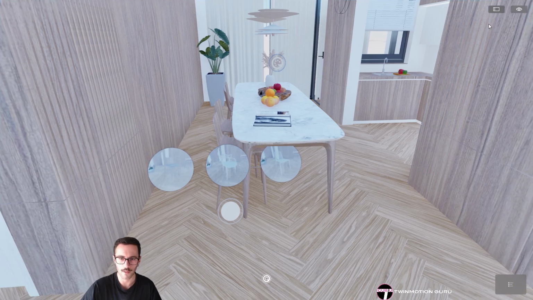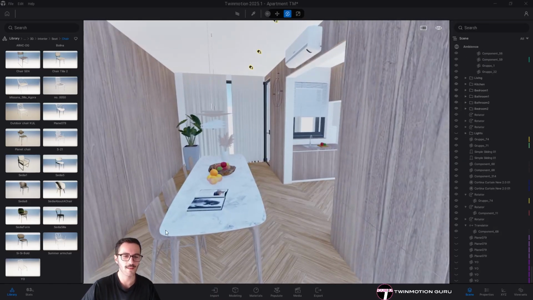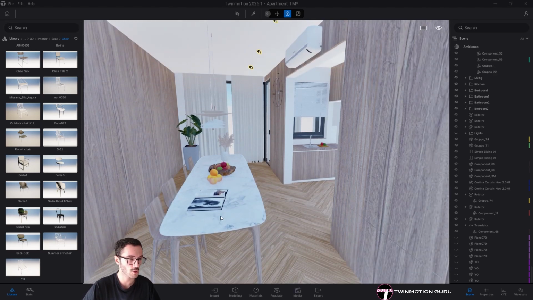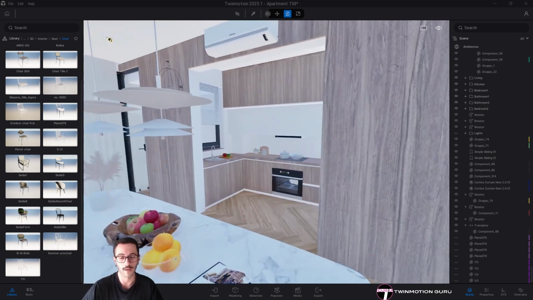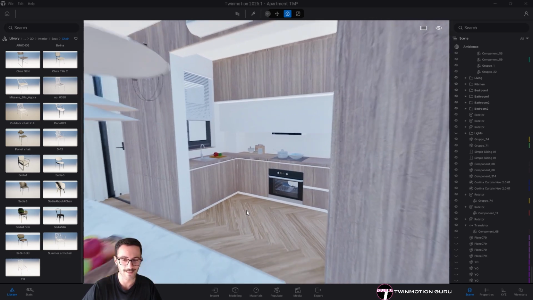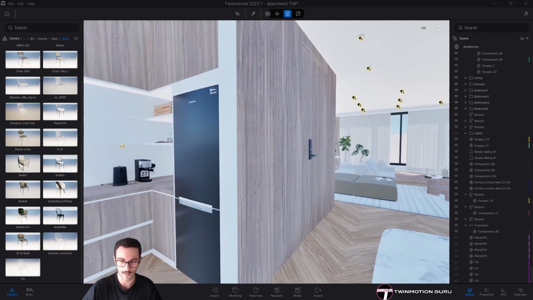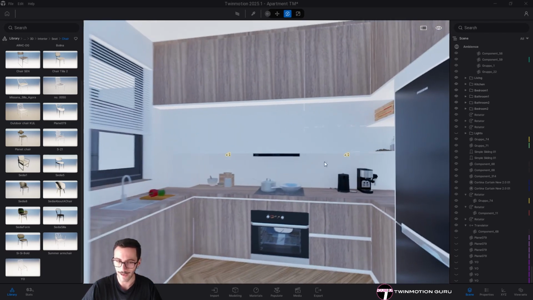But it's not finished because with the visibility option, there is a really nice option or configuration we can set, and I'm talking about lights.